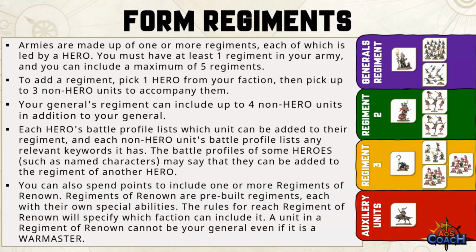As we start building out our army and picking units, we also need to start forming regiments. Now, armies are made up of 1 or more regiments, and each regiment is led by a hero. Your army must include at least 1 regiment, and it can include a maximum of 5 regiments. A regiment starts with 1 hero from your army and then can include between 0 to 3 non-hero units to